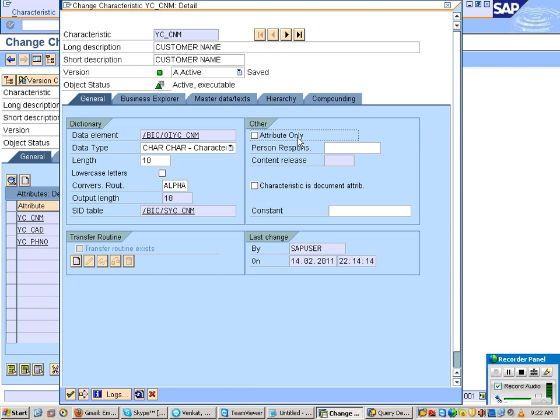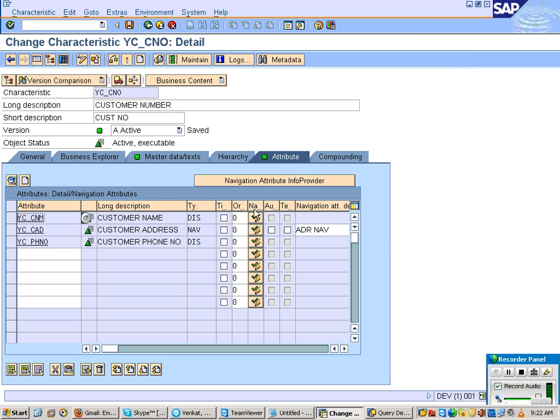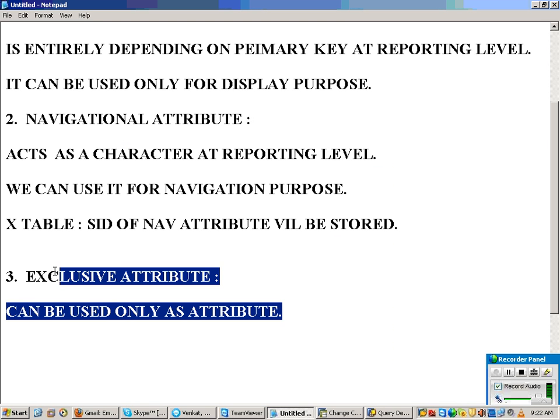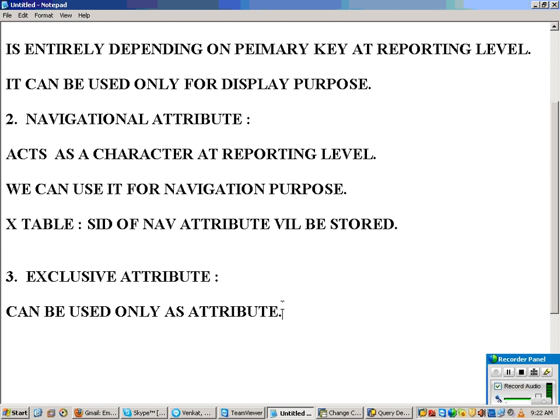Here, what is an exclusive attribute now? How can you make it an exclusive attribute? So when I remove that, a symbol is coming. Clear? Exclusive attribute is clear. So it can be used only as an attribute. Then next. So next is called time dependent